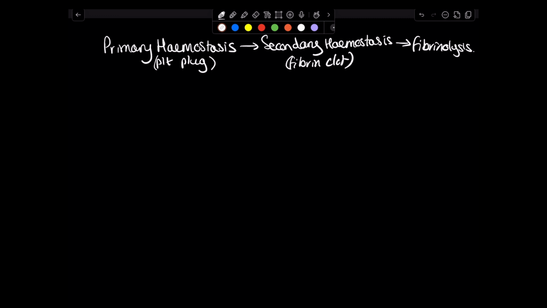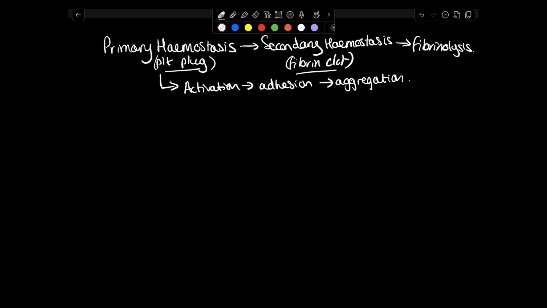The three main key words that you need to remember are primary hemostasis, which is also known as the formation of the platelet plug, secondary hemostasis, which is the fibrin clot formation, and fibrinolysis. Now, within the platelet plug formation, there are three additional steps that we need to remember. That's platelet activation, platelet adhesion, and platelet aggregation. We can use these keywords as a skeleton